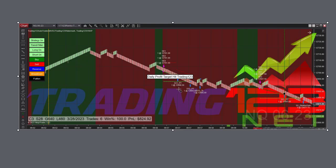The auto trader gets short, riding the downtrend, and got some nice gains. Hit our first two profit targets, and our stop loss gets hit here. So we're halfway to our profit goal, and the downtrend continues over here. It sells off, and we get a nice $824 profit on two trades and 100% winners. So great way to start the day